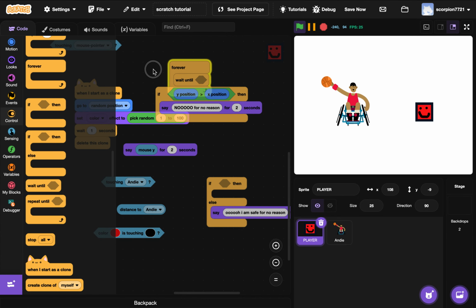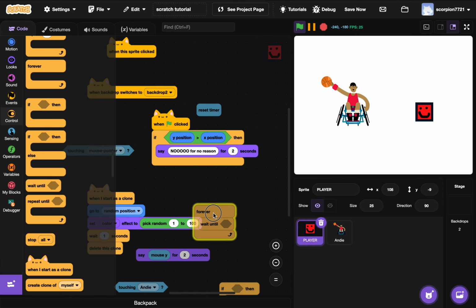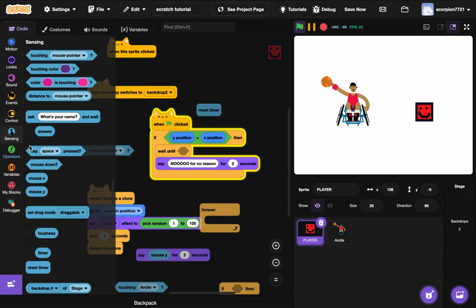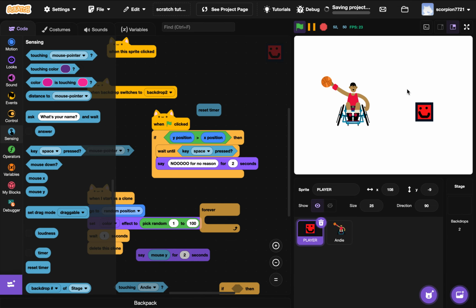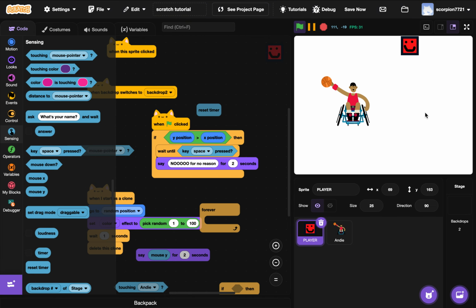If x position is higher than y position, wait until, before saying no, wait until I know the key space is pressed. So this would happen. It would just double check. Now it is y position higher than x position, so until we click space to say, oh,